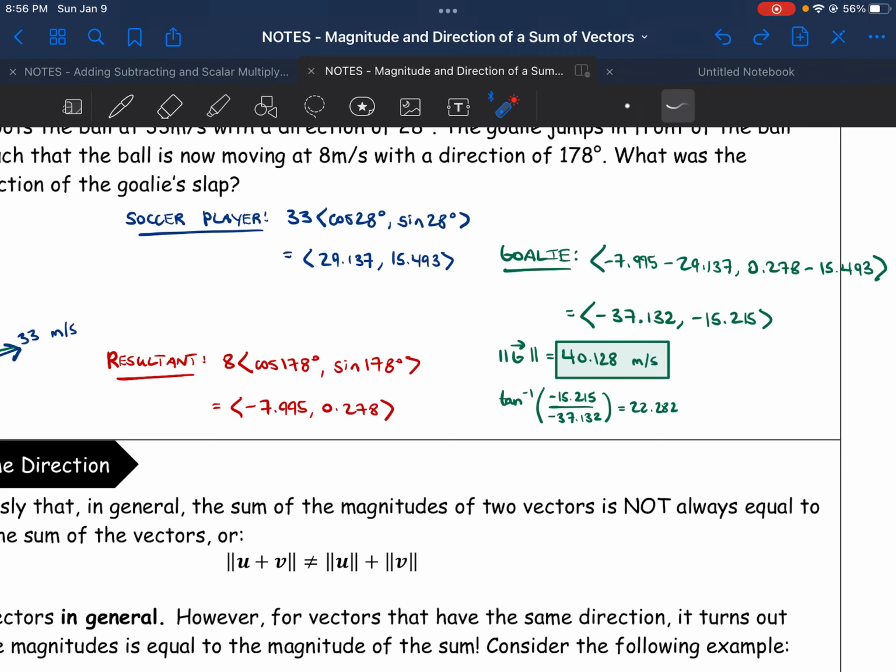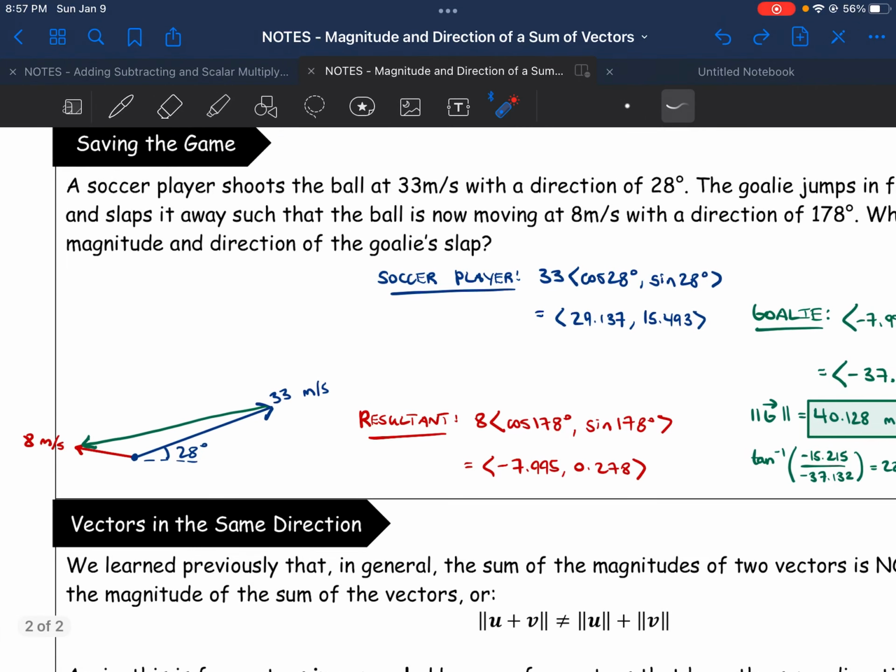That doesn't make any sense. We know that if we started this vector at the origin, this would put us in the third quadrant. So let's add 180 degrees to it, because we should have a quadrant 3 angle. And that's going to give us 202.28 degrees, which makes a whole lot more sense, because if you think about